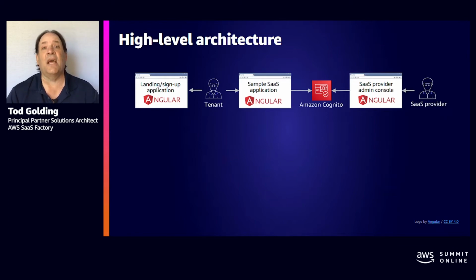And then once they're signed up for that system, they'll get an email and so on. And then they'll actually go to the SaaS application, which you see in the middle. We've created a really simple SaaS application here that just highlights the end-to-end experience, so you can see it from the web app all the way through the back end. We've also included it because it really shows you how identity works in an EKS environment. It uses Cognito, and we look at how Cognito ends up routing your traffic to the individual components of your EKS SaaS architecture.